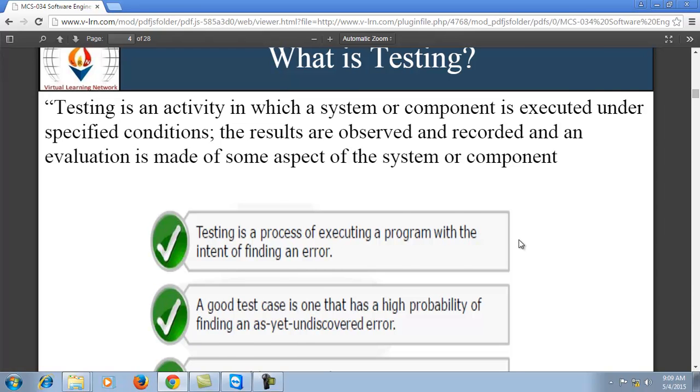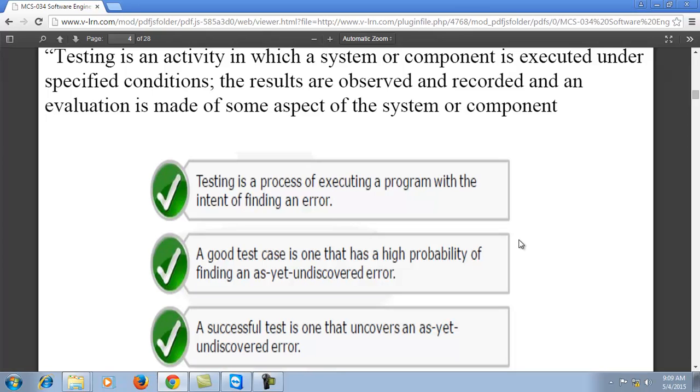Again, a good test case is one that has a high probability of finding an as yet undiscovered error. जो एरर अभी तक किसी ने निकाला ही नहीं है, अगर आप ये सोच के चलते हैं कि मुझे वो एरर निकालना है जो अभी तक किसी ने डिस्कवर नहीं किया, and I want to be the first person to discover such an error, so in that case